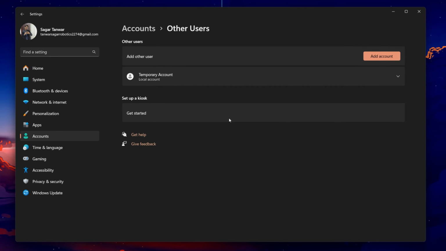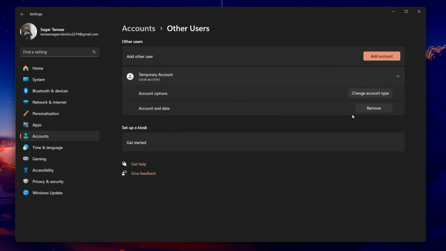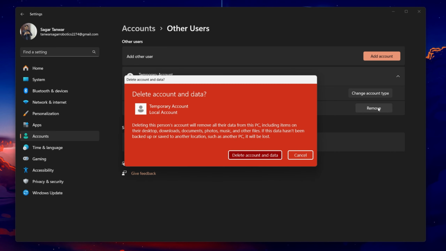Here, you will see a list of all the user accounts on your PC. Locate the account you want to remove and click on it to reveal the options. You should see a Remove button. Click on it. A warning prompt will appear, informing you that deleting this account will remove all of its data,